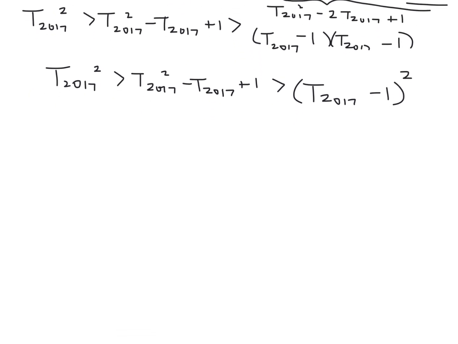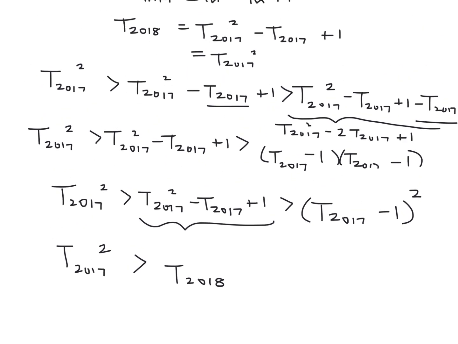Okay, so we're getting somewhere. Now, this is 2017 squared. That doesn't change. This, by definition, is T 2018, right? You can look up the definition up here. That's pretty much what we have. And then that's greater than this guy, which is